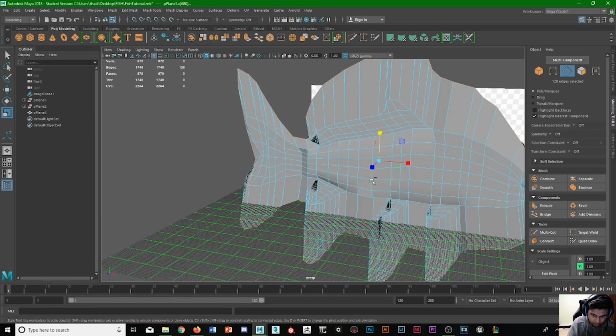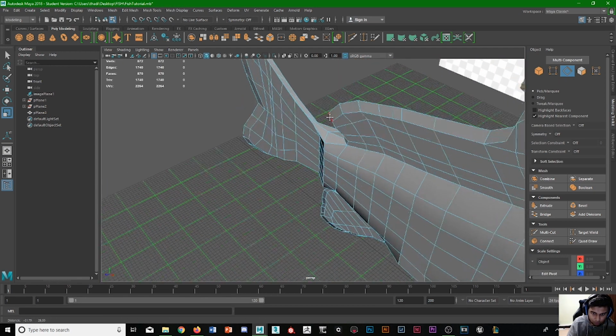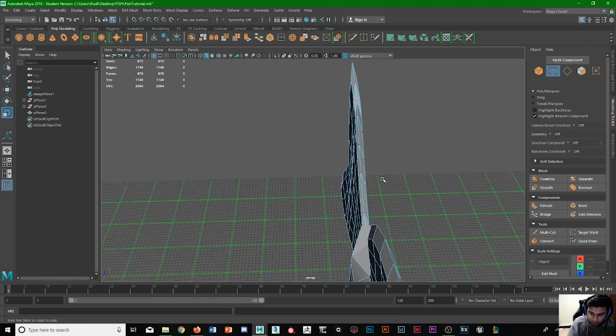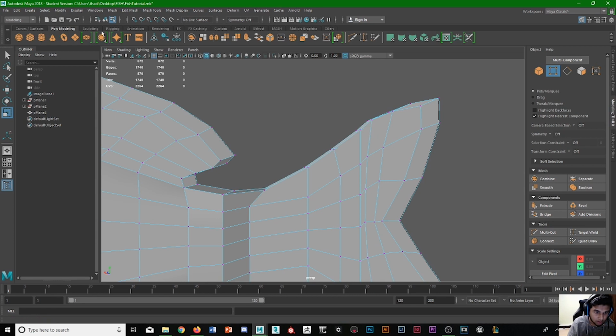Not like that, obviously. Just slightly. There we go. So what I believe the reason it's doing this is because it has polygons inside. So to check that, it can be done on